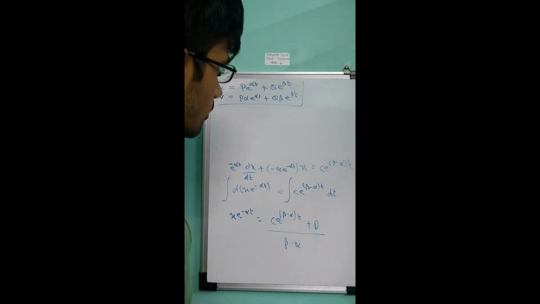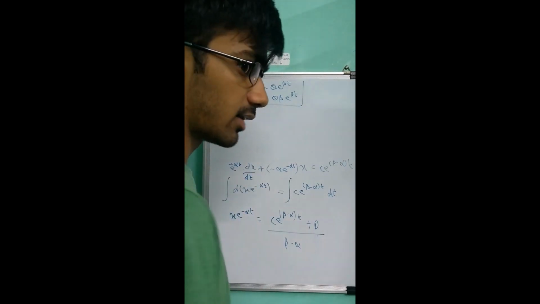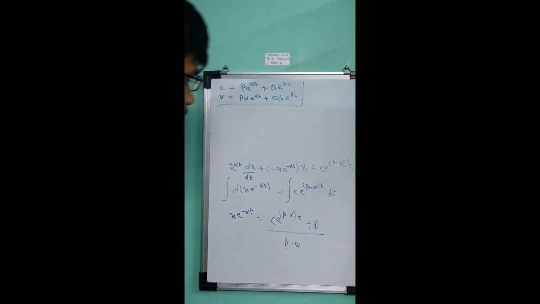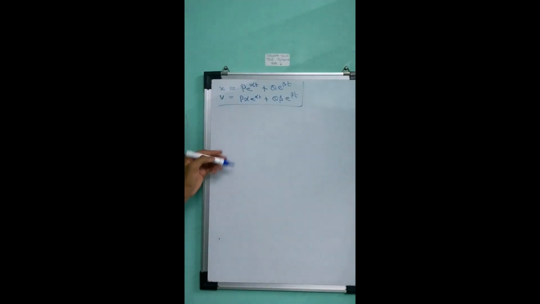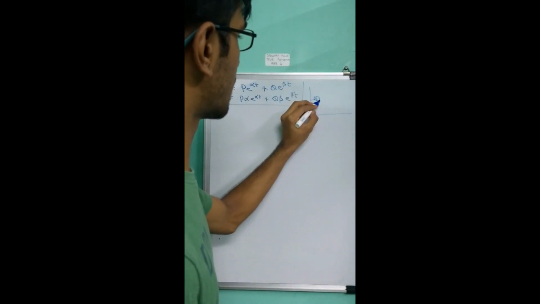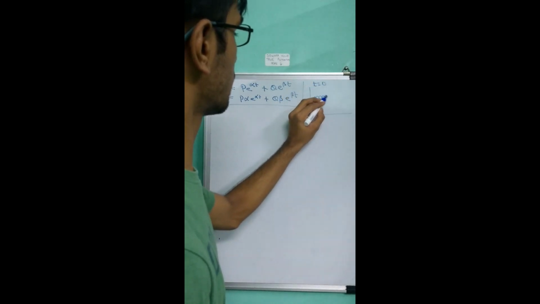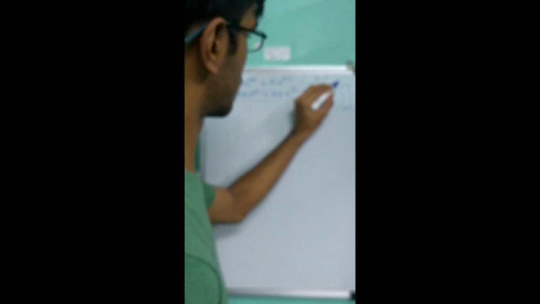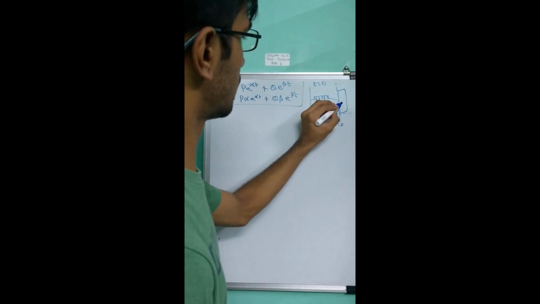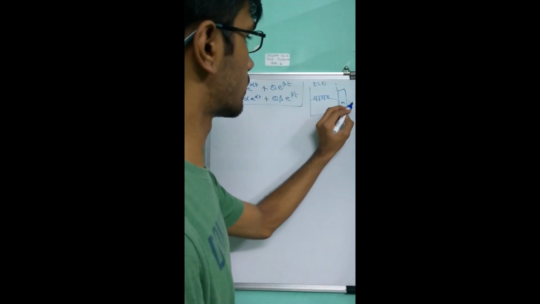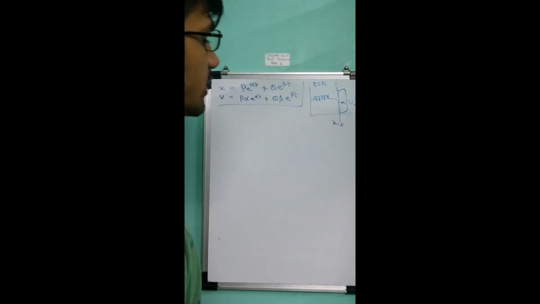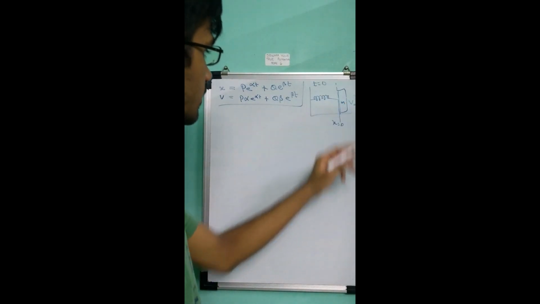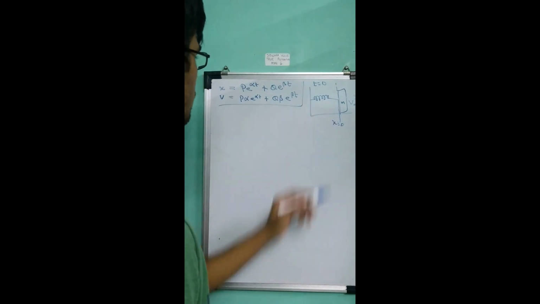Now, we don't know the value of p and q. So how do we decide that? We need to decide that from the initial conditions of the damped SHM. So suppose at time t equals 0, the string is unstretched, right? X is 0, but this mass is given a velocity v0. So spring force will be 0, but there will be a damping force. The important point is that velocity will be v0, the magnitude, and x will be 0.